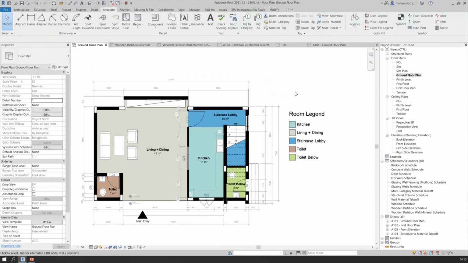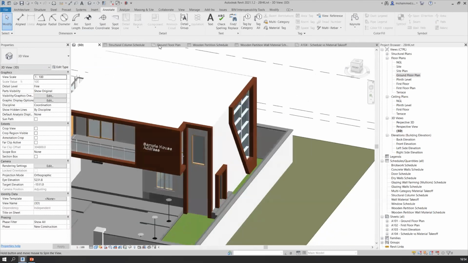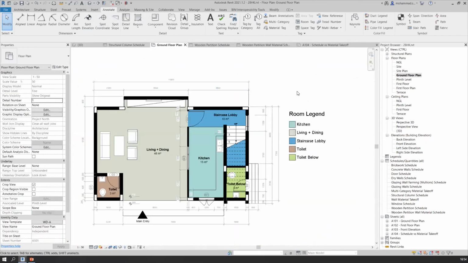So in front of you, just by 2 or 3 clicks, in a few seconds, I have created a presentation out of it. And this is good enough to present in front of a client. If you do this same process in Photoshop, it will obviously take at least half an hour to 1 hour to complete this job. So yes, you can also add 2D details to your drawing and issue drawings according to your requirement. I hope this answers the question.